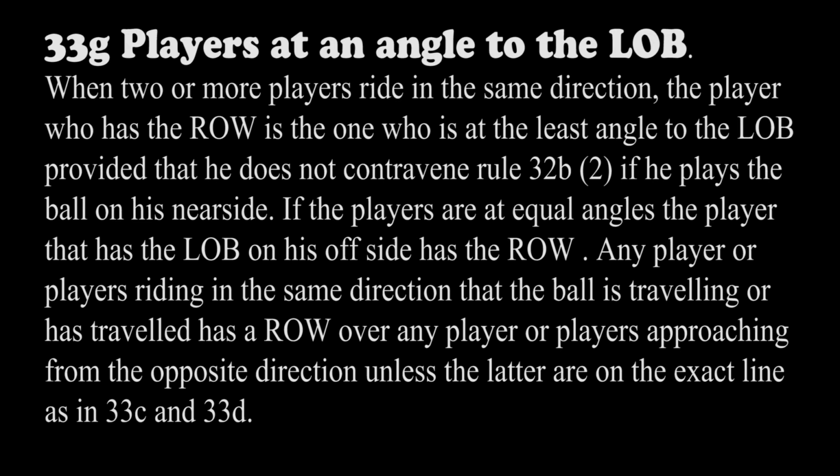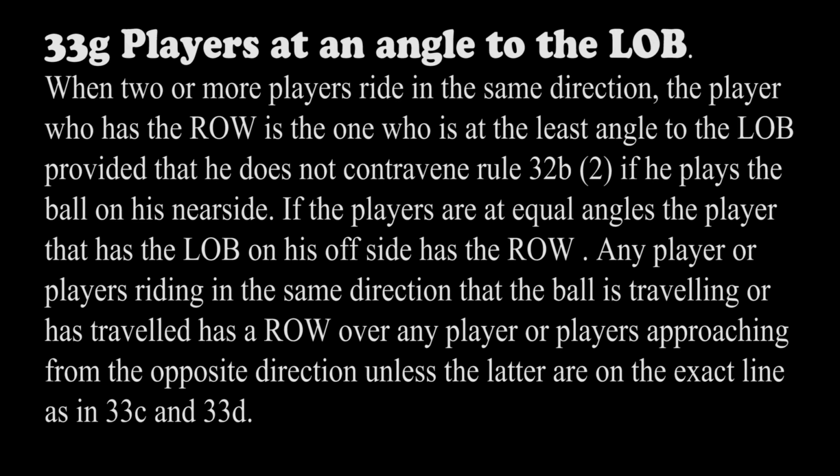2. If he plays the ball on his near side. If the players are at equal angles, the player that has the ball on his offside has the row. Any player or players riding in the same direction that the ball is traveling or has traveled has a row over any player or players approaching from the opposite direction unless the latter are on the exact line, as in